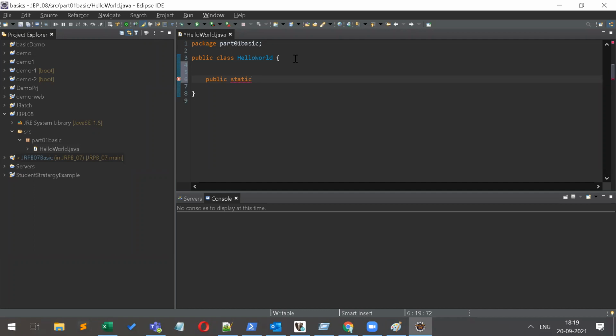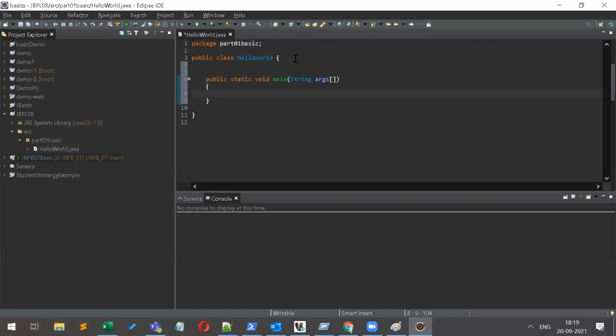We will discuss it later on, because this is one of the interview questions that most freshers face. Public static void main, String args array brackets, curly bracket open and curly bracket close.